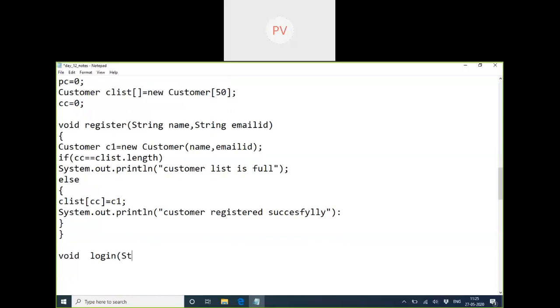For login, we have to do it with a string. Here I have taken email ID; later we can take a password.